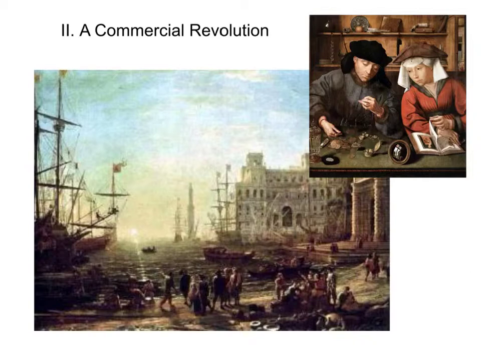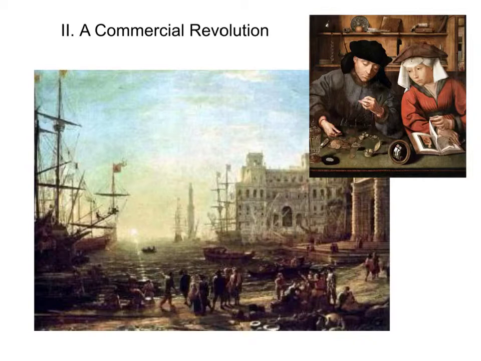So how would they get this to happen? How would the middle class use money to work for them? There were several different ways. Number one, you could loan it to someone for interest, which was called usury in the Middle Ages and was forbidden by the Catholic Church. But by this point in time, it had stopped being forbidden, and so now lots of people were committing usury, I guess you could say.